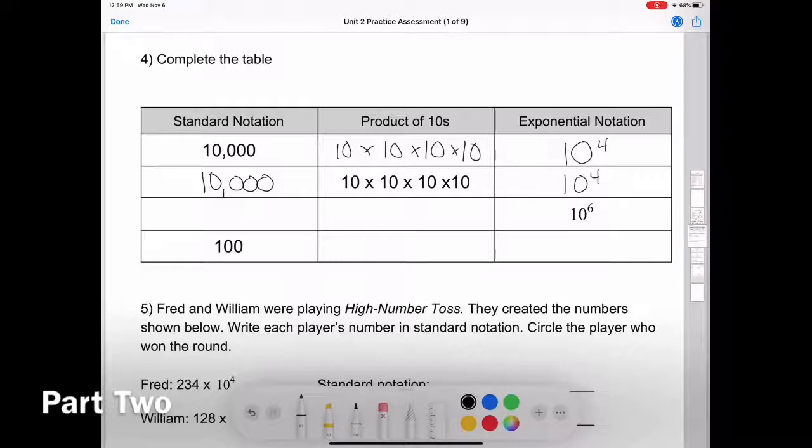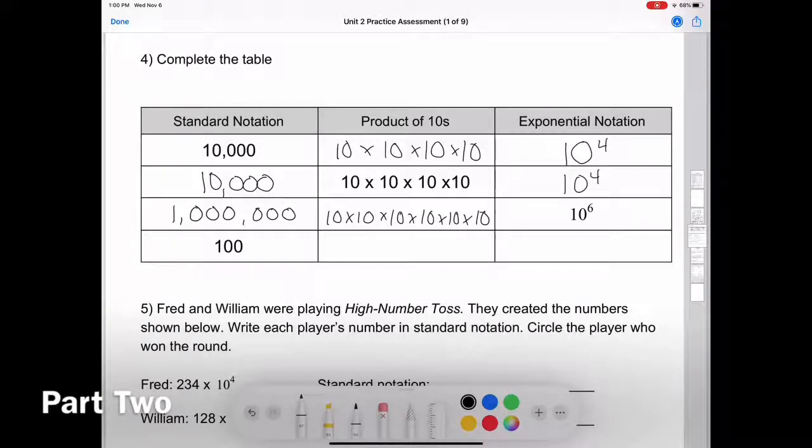10 to the power of 6. If that 1 has 6 zeros next to it, what number is it, Mariah? 1 million. So you have 1, 2, 3, 4, 5, 6. And how many times are you timesing 10 to itself? Delano? 6 times. 10 times 10 times 10 times 10 times 10 times 10. Woo! All right. For this one, they give us the standard notation, but they do not give us the products